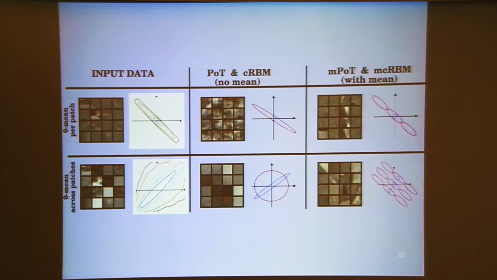And indeed, if you apply to real image patches such a model, you find that the samples that you generate from the model have some structure. Now, what happens if you instead don't subtract from every input data point the mean? So if you just take your cloud of data points and center it at the origin. What happens is that